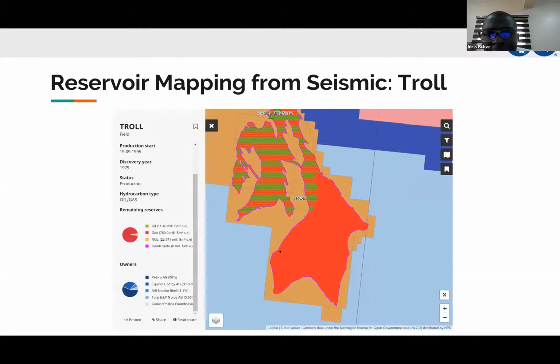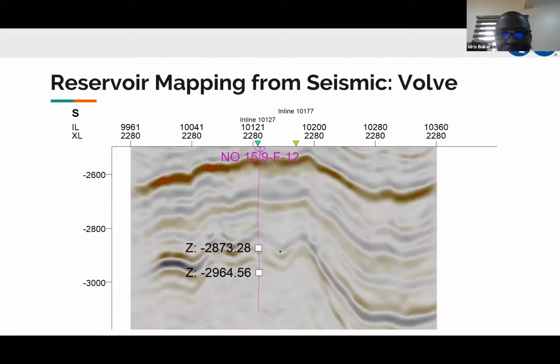And another thing, let's see. Yes. So this is another field, right? This is the Volve field. Again, Norwegian North Sea. I seem to like these Norwegian data sets, and there's a reason. Here, this is not two-way time, right? This is depth. So this is basically TVDSS, true vertical depth, subsea.